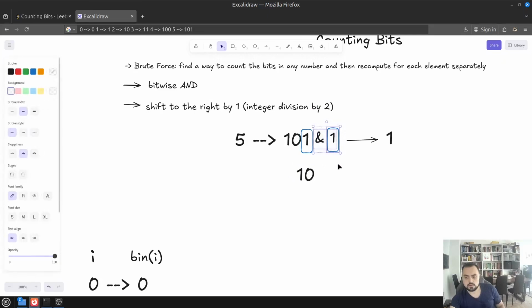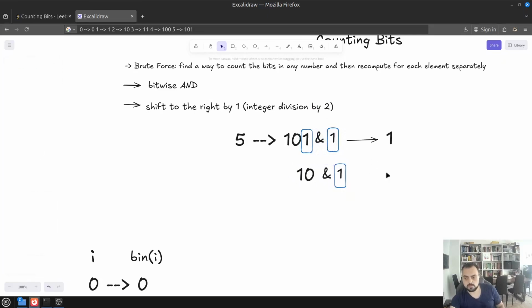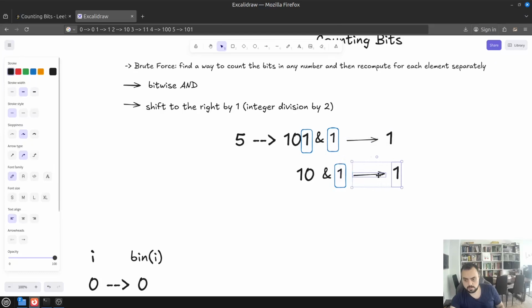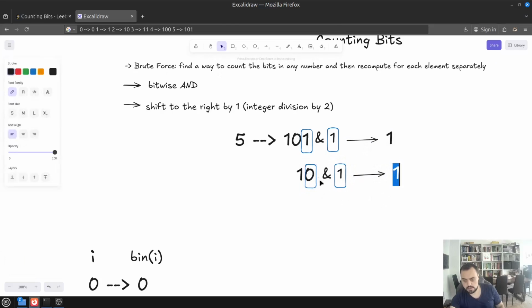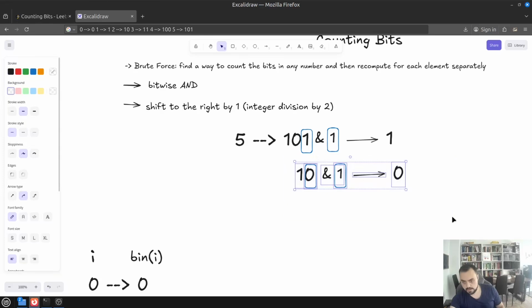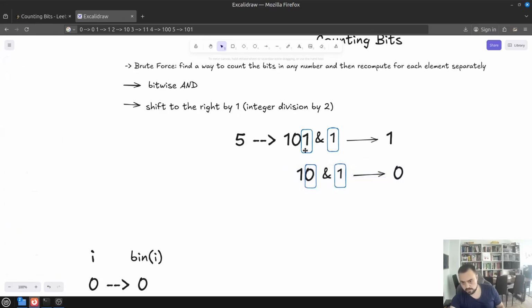And now you can again do this, and in this case, you can continue using those two operations up until there is nothing left in this number. Yeah, up until you divide it as many times that you will end up with 0 at some point. Of course 0 and 1 is 0, and then you can shift to the right again. Shifting to the right removes the last digit, and now you have just 1